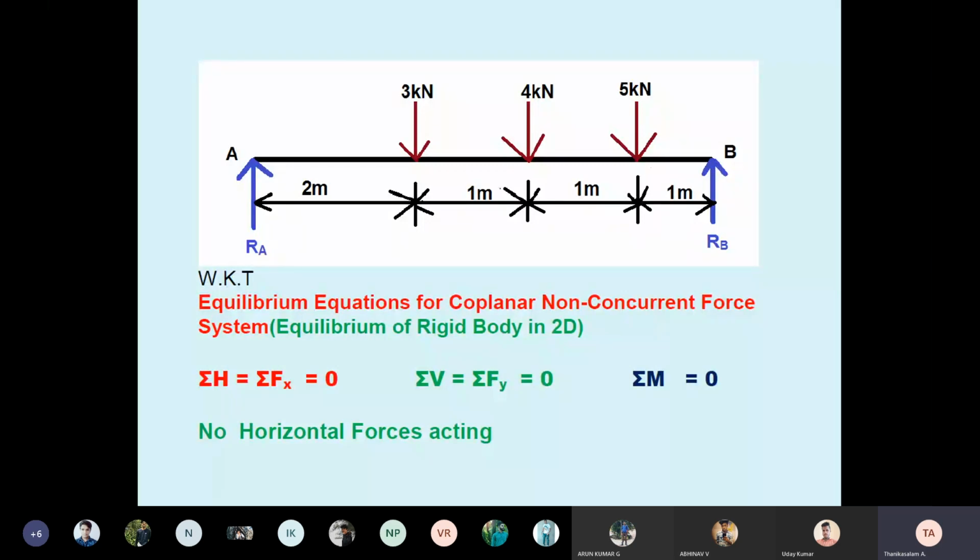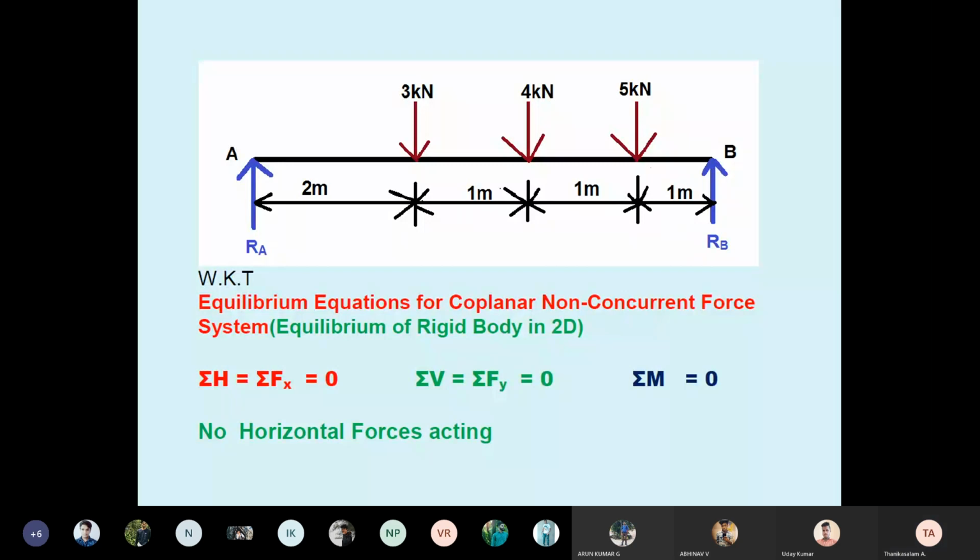Last class I told you, how do you identify which force is not giving moment? Any force that comes to the reference point or goes to the reference point does not give moment. You see the arrow mark only. Sometimes the arrow mark may be long, but if the arrow mark goes to the reference point, that does not give moment. This is the second point.